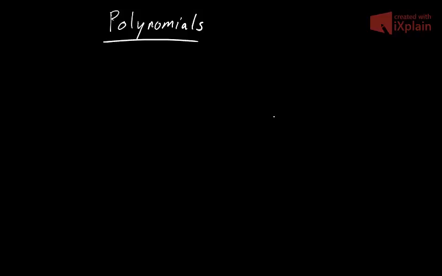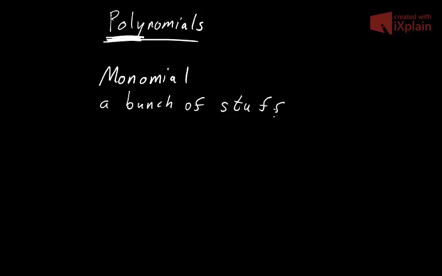But before we get into polynomials, we know that poly here means many, and if we have many of something, they're kind of hard to look at. So we're going to start with a monomial and say what that is. A monomial is a bunch of stuff multiplied together. And some examples of this,